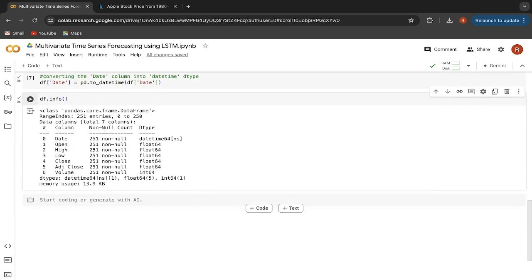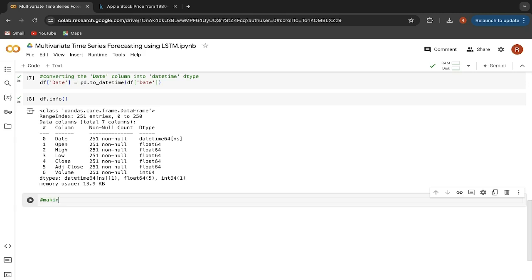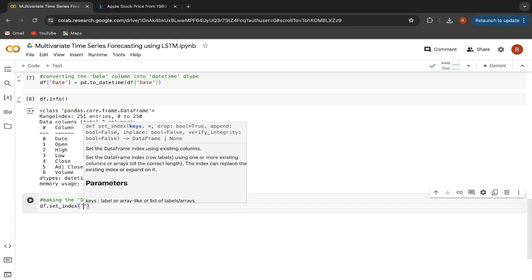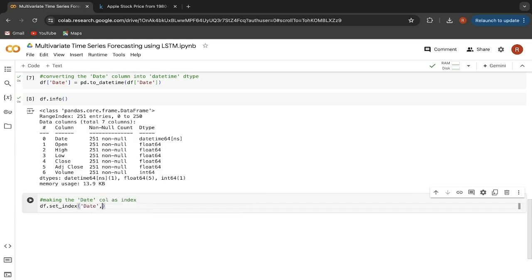So let me say here, making the date column as index. So here I will say data frame dot, I will again make use of the inbuilt method, which is set_index. Here we have to pass the column name, which is date, and in order to make these changes permanent, we will say inplace is equal to True. Let's run that,